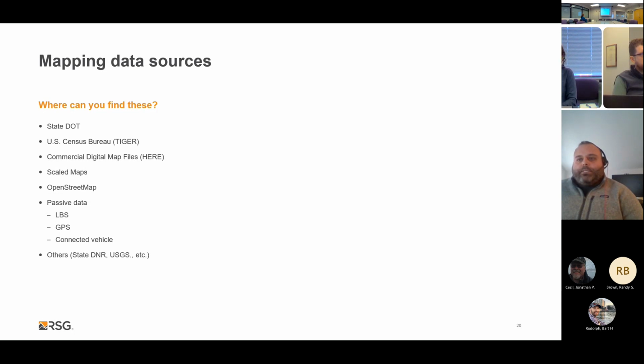And of course, there's other data sources, state DNR, USGS. I think the best source of USGS data is Landsat data that provides essentially raster data that can be used to look at urbanization impacts. So you can use that data to see what the rate of urbanization has been like in your community based off of infrared satellite imagery passes over several years. And that can be a very powerful data set for modeling, especially if you're looking at capacity constraints in a zone, of how much of that zone is truly built out.